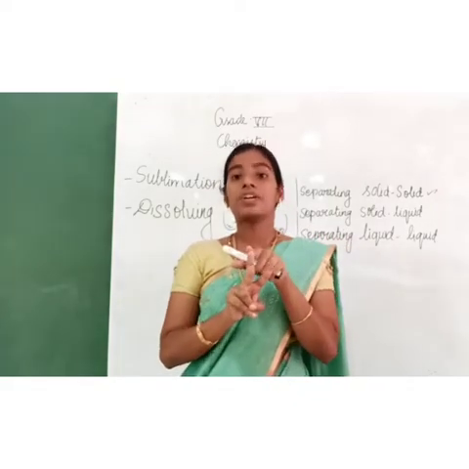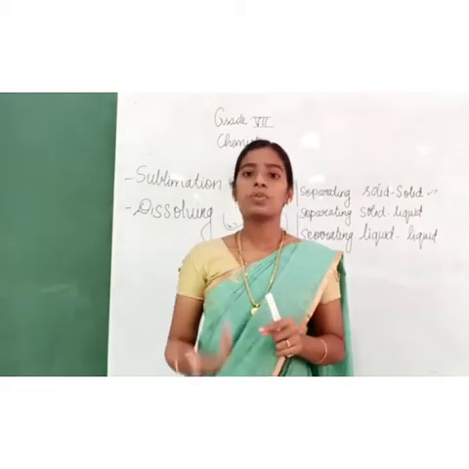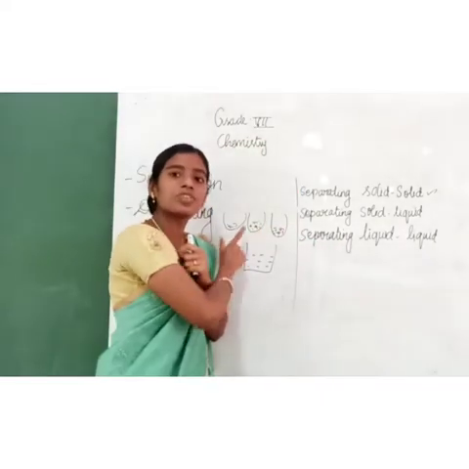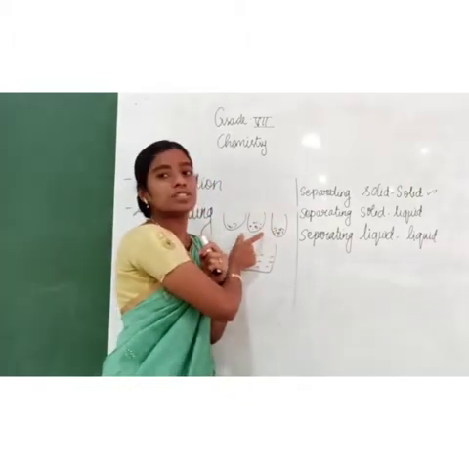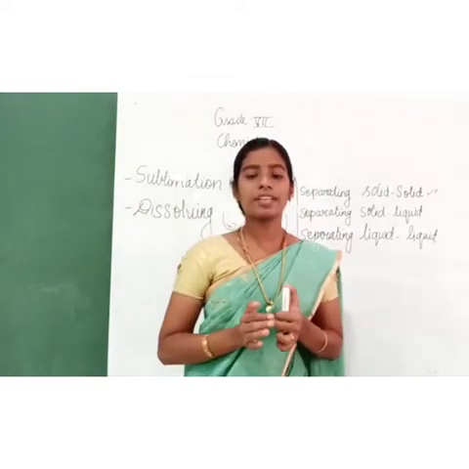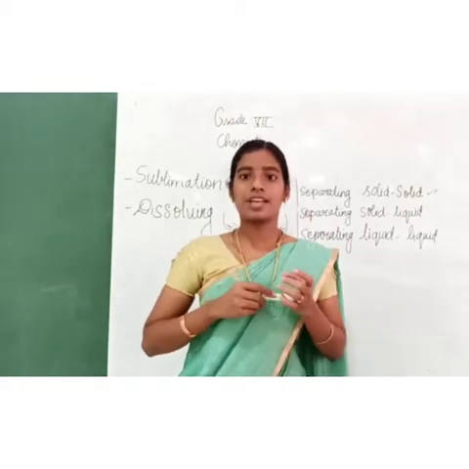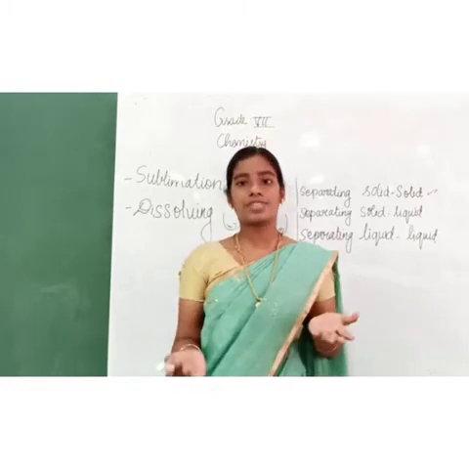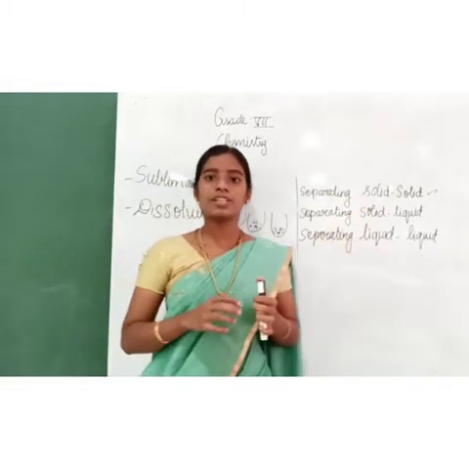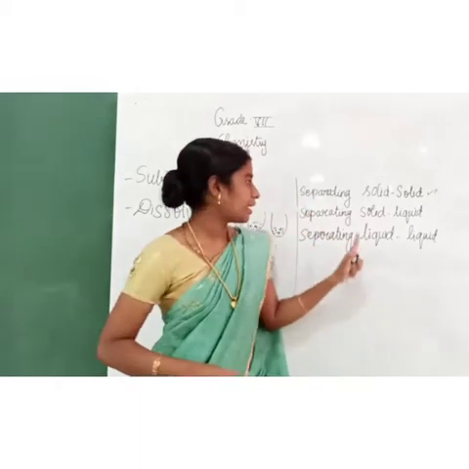Salt, sand. From these, one should be soluble in nature and the other one should be insoluble. Here, this salt is soluble in water and this sand is insoluble in water. So, using dissolving, we can separate only when one solid is soluble and the other one is insoluble. Did you understand how a solid mixture can be separated using sublimation and dissolving? Shall we move on to the next one?